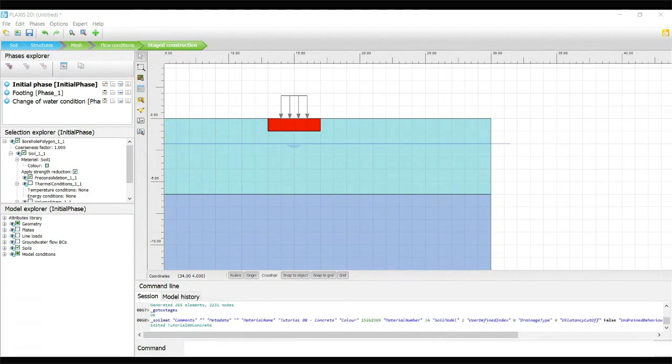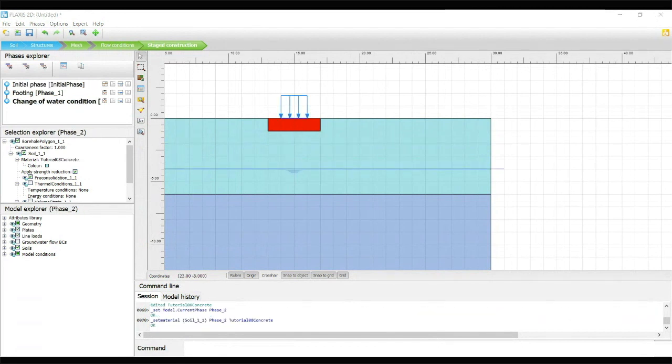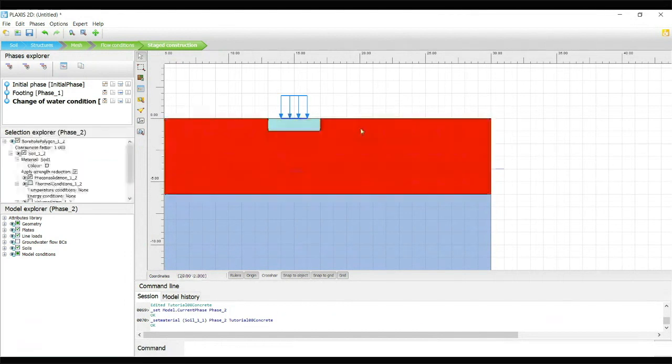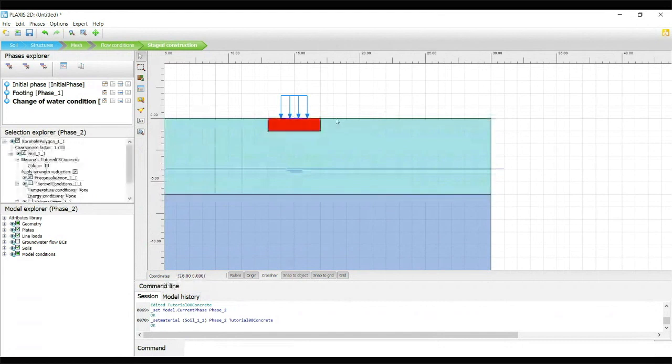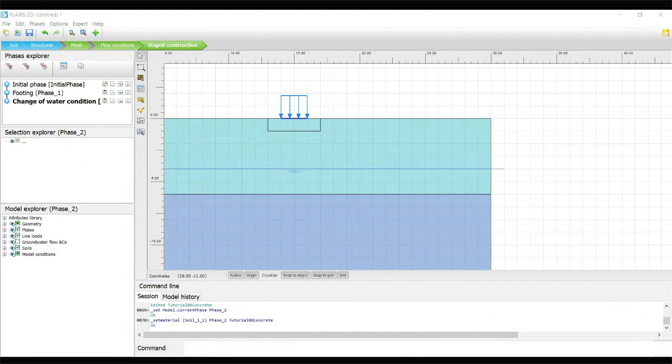You can import it and assign it to this area. Okay, this area will be concrete. You can assign the concrete here and then we can do the calculation. So you can create a real footing and then assign the material. That is also possible. Go ahead.